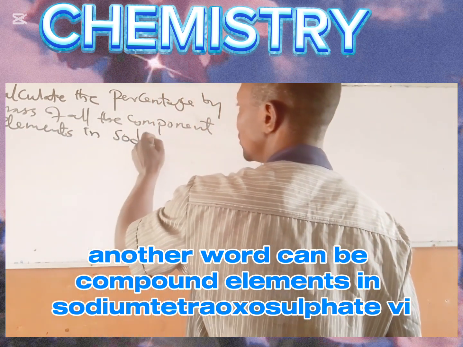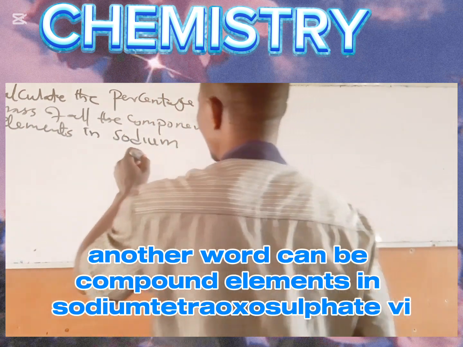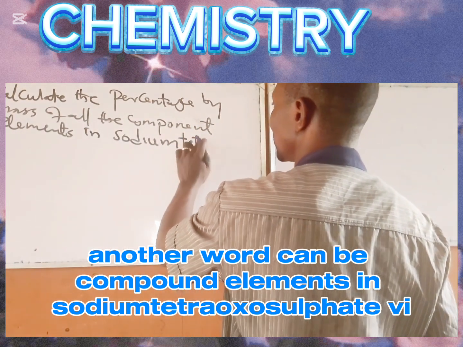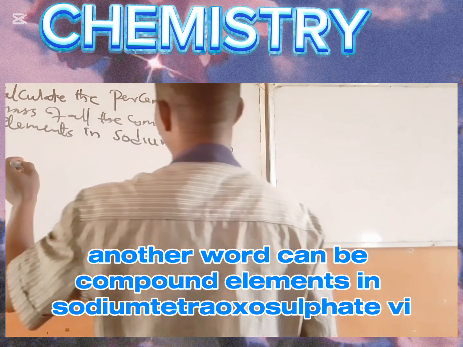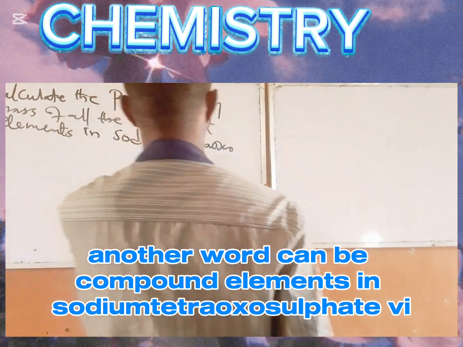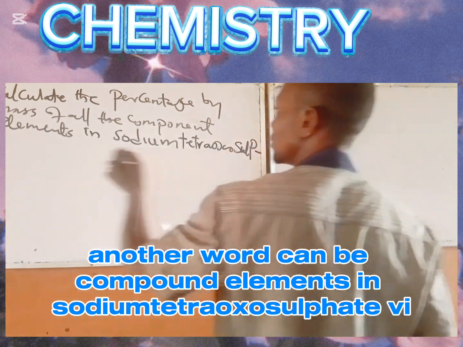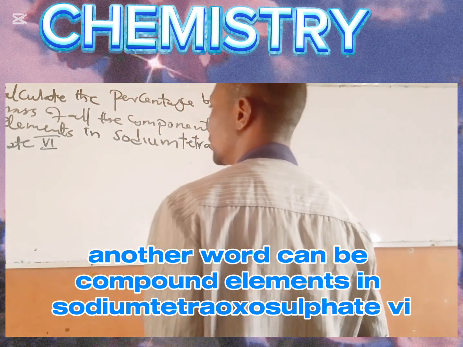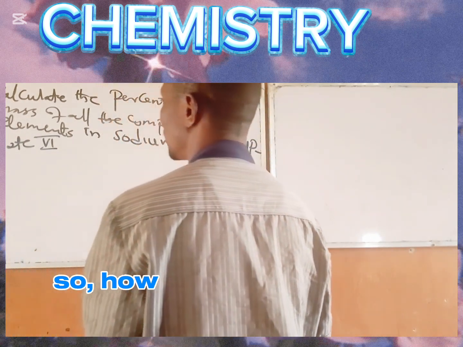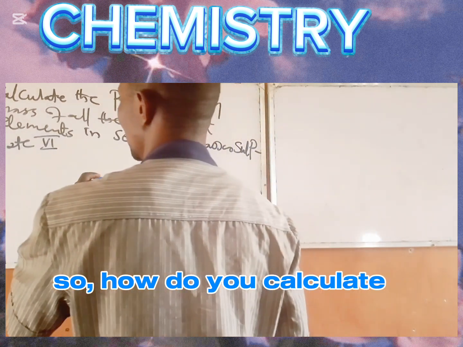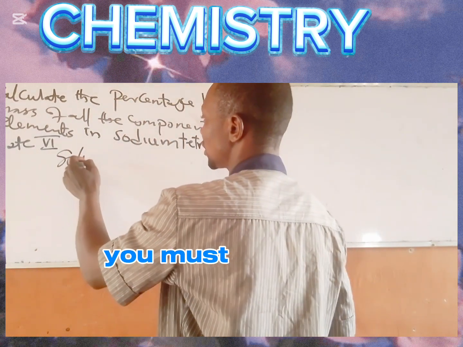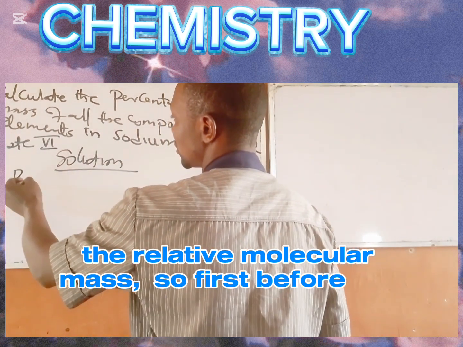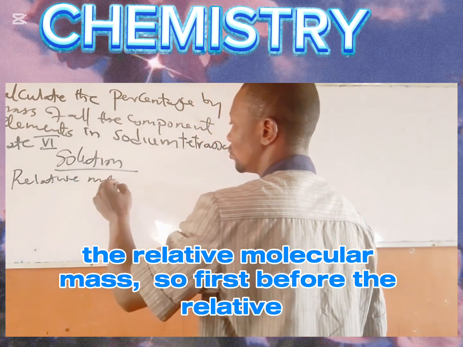In sodium, let's say sodium tetraoxosulfate 6. So how do you calculate that? The first thing you need to do here is that you must have the understanding of the last topic, the relative molecular mass. So first look for the relative molecular mass